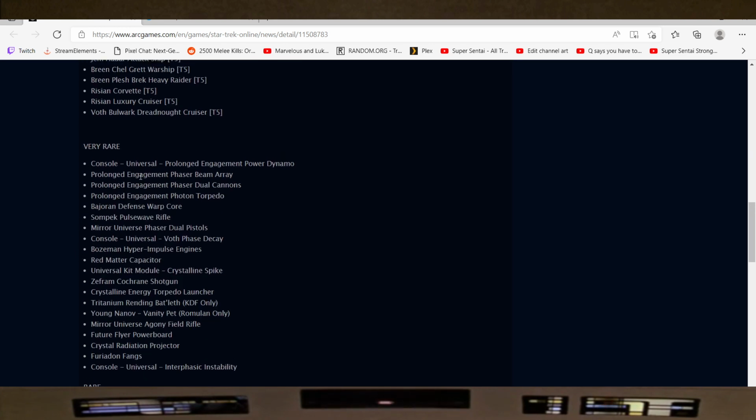Very rare, your Console Universal, your Prolonged Engagement Power Dynamo, your Prolonged Engagement Phaser Beam Array, Prolonged Engagement Phaser Dual Cannons, Prolonged Engagement Photon Torpedo, Bajoran Defense Warp Core, Sompac Pulse Wave Rifle, the Mirror Universe Phaser Dual Pistols, Universal Voth Phase Decay,